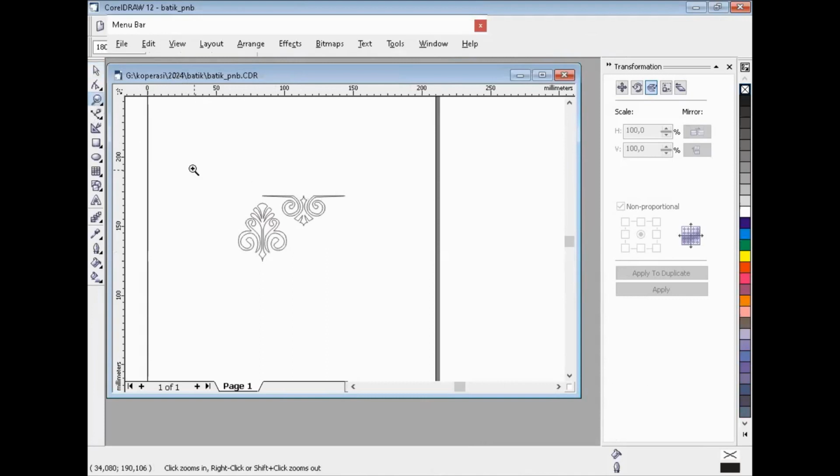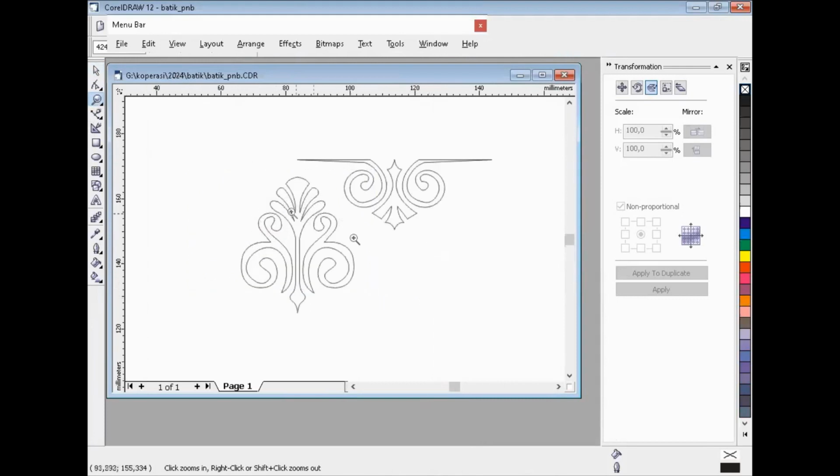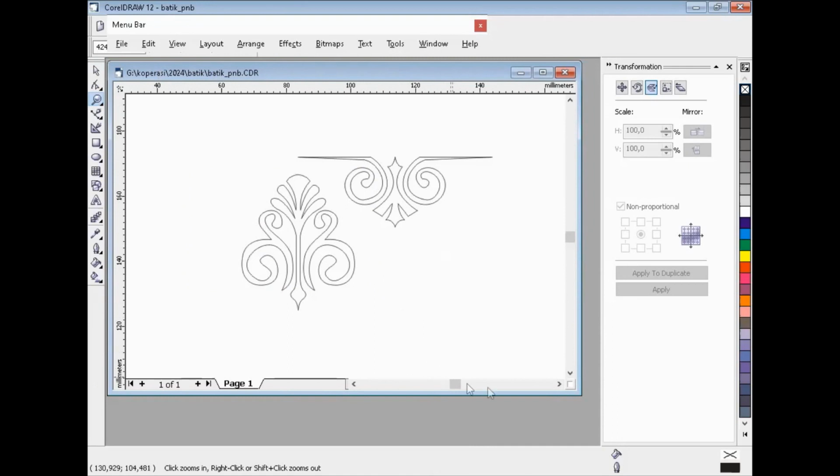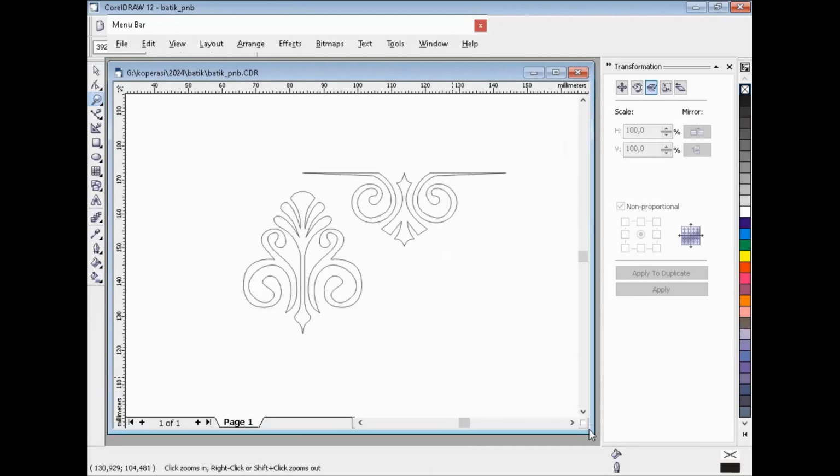Okay, I have an object like this. Now I will try to use a guideline like this. I use this as the center of this object.